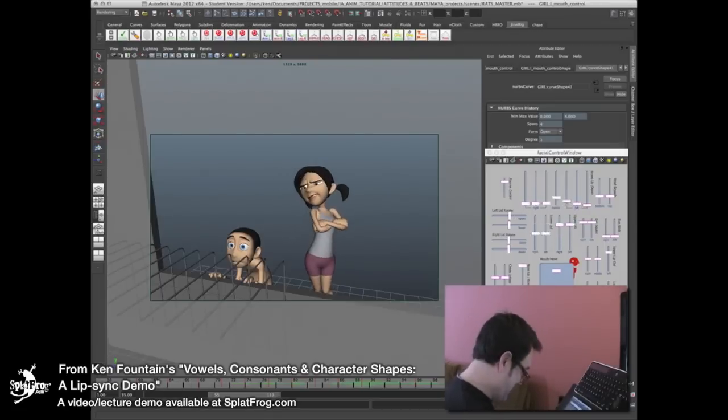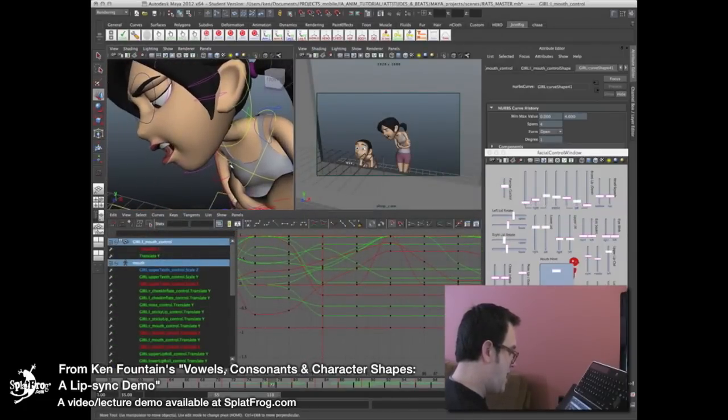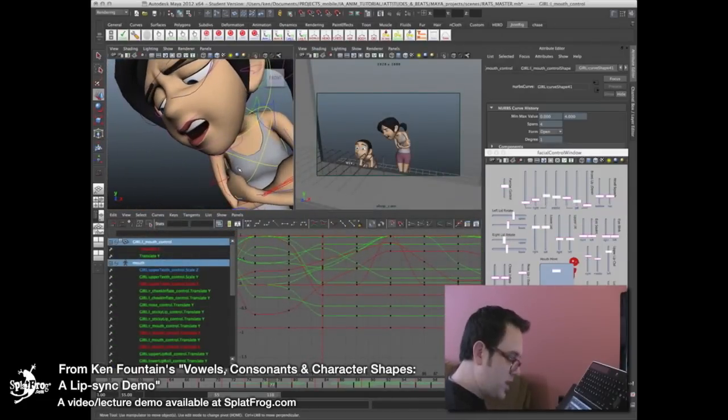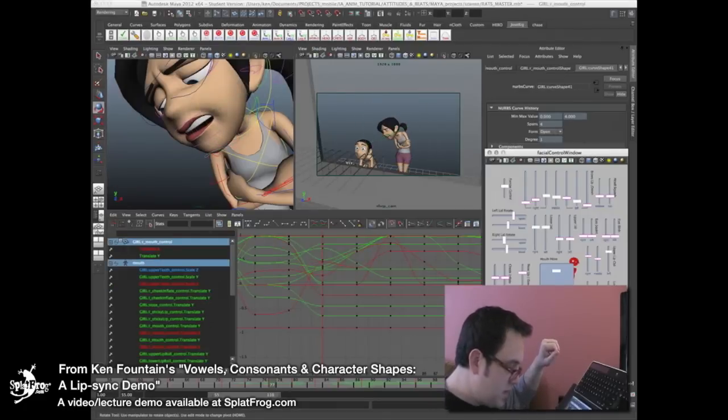This is fun. Let's get a little more of an E, which this is too puckered, so I want to pull out and close the jaw a little bit. It's close. I don't want to go too far because this isn't an E sound, it's more of an "eh." It's relaxed.